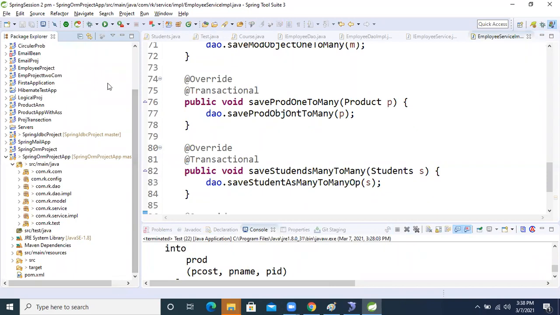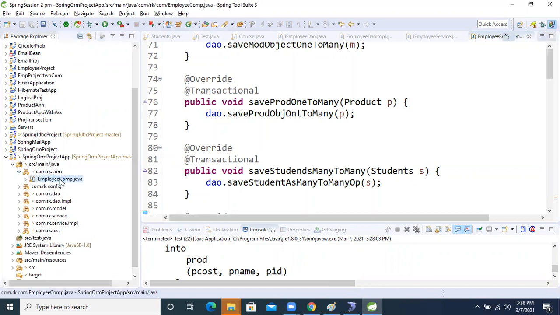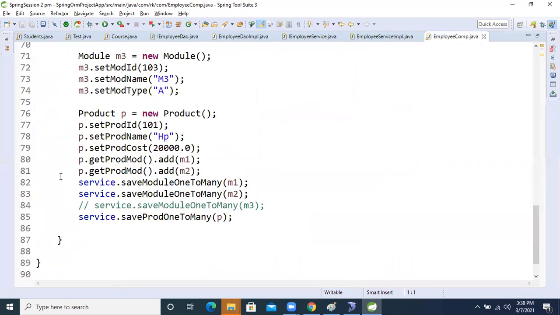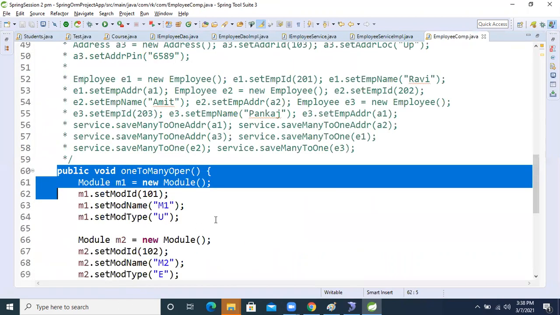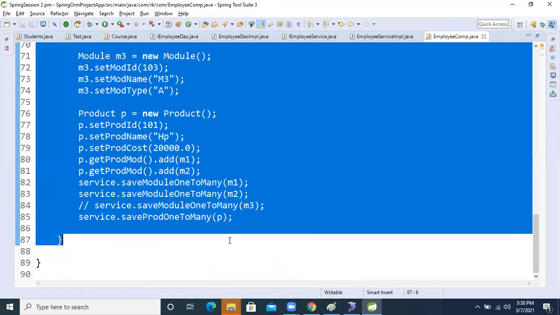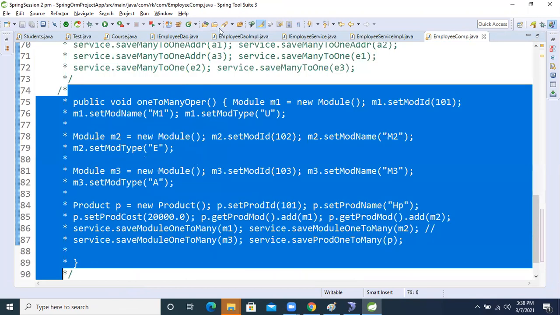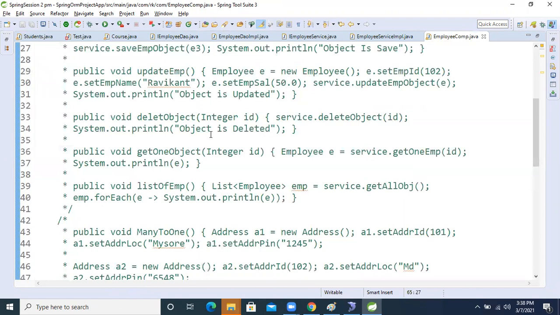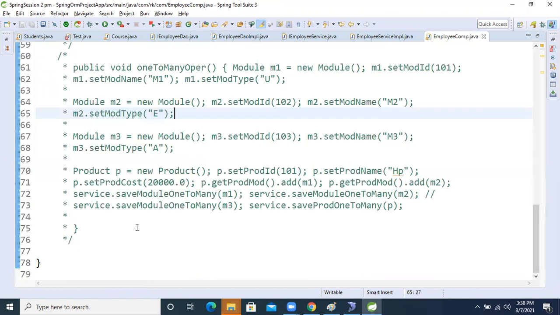Come to the component class, com dot rk dot component, and open it. I'm commenting out the previous methods, whatever methods are there, since I'm going to use this for the previous testing.